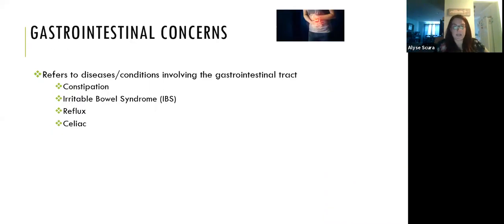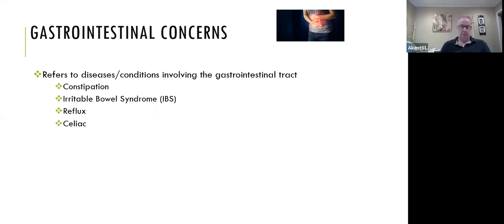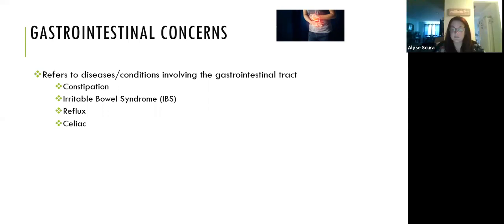To move on to gastrointestinal. The gastrointestinal system refers to diseases and conditions involving the gastrointestinal tract, specifically the esophagus, stomach, small intestine, large intestine, and the rectum, and the accessory organs of digestion, including the liver, gallbladder, and pancreas. A few conditions that affect the IDD population are constipation, irritable bowel syndrome,